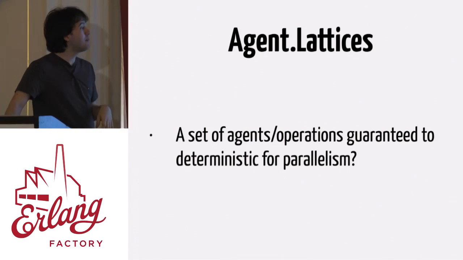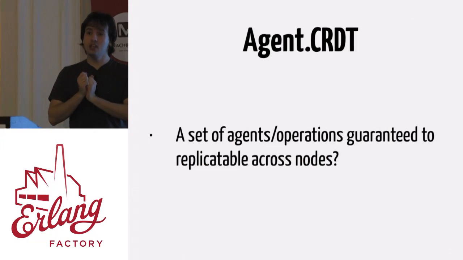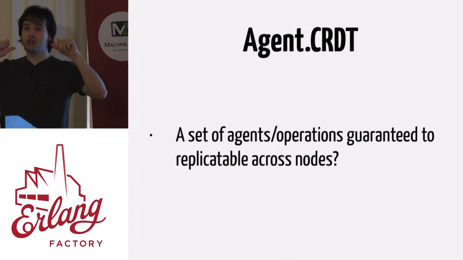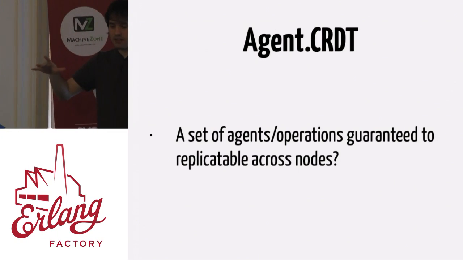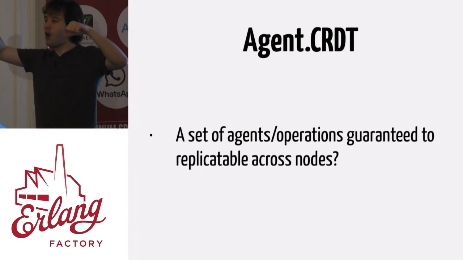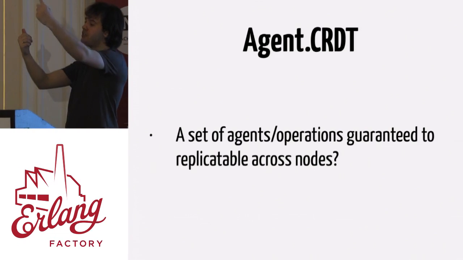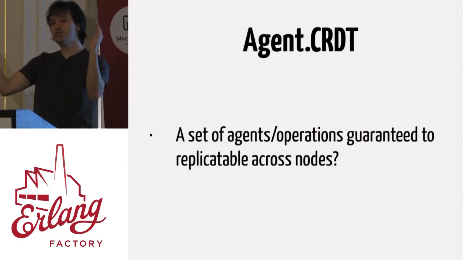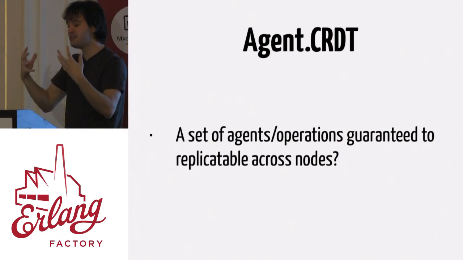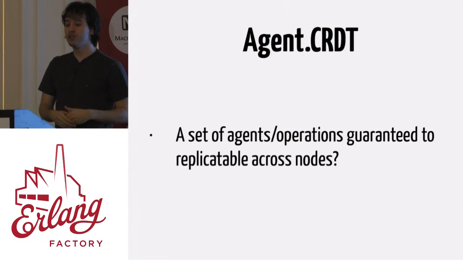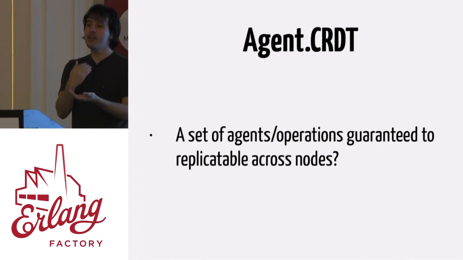There's even more interesting research happening when it comes to CRDTs, right? What if we have an agent CRDT which allows us to guarantee that we can replicate the agent state across nodes? So imagine that you have two Erlang nodes, and they both have this version of this agent. And you want them to be communicating with each other. So if this node writes to this agent, this change should propagate to this other agent, right? And we want to write it in a way where we guarantee that the changes are always going to converge, okay? Because you're already thinking about this state, it's not a huge leap to think about those abstractions.